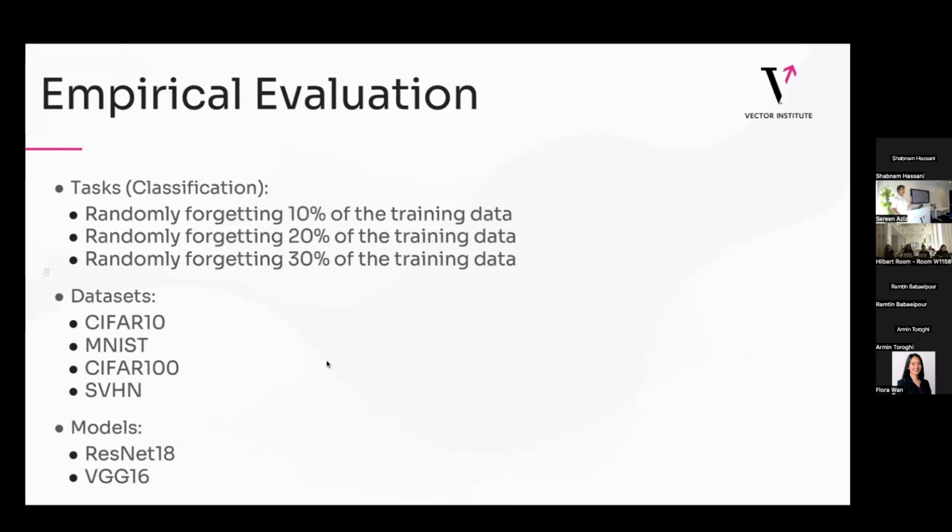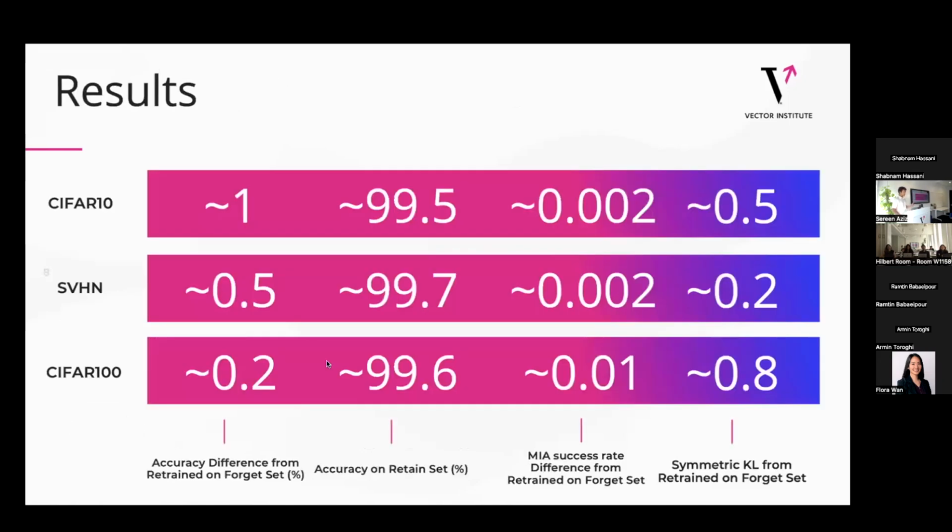I then carried out an empirical evaluation of this method on three conventional unlearning tasks, randomly forgetting 10%, 20%, and 30% of the original training data across 4 data sets, 2 model architectures, and 10 random seeds. The results for this were pretty good. In comparison to the retrained model, on average, we have less than a 1% difference in accuracy on the forget set, implying that this unlearned model behaves extremely similarly to the one that had been retrained without the forgotten data from scratch. Additionally, it attains really good downstream performance on the retain set, showing that it's still a useful model,